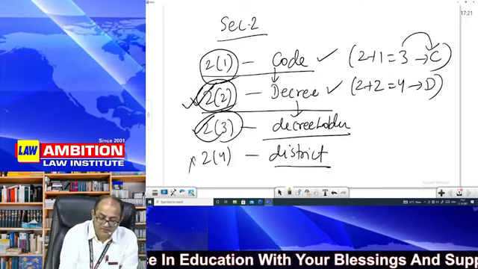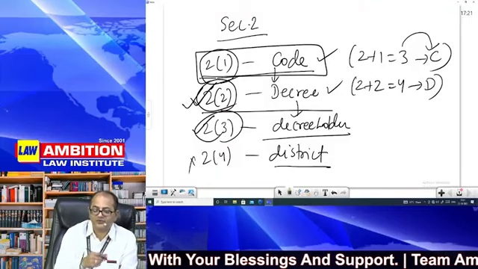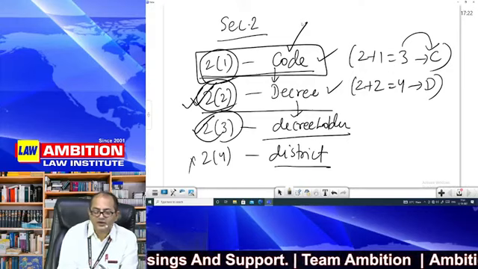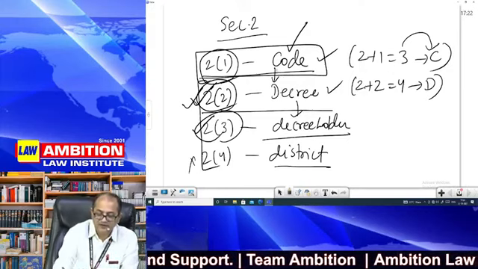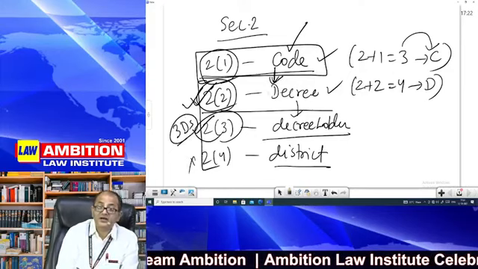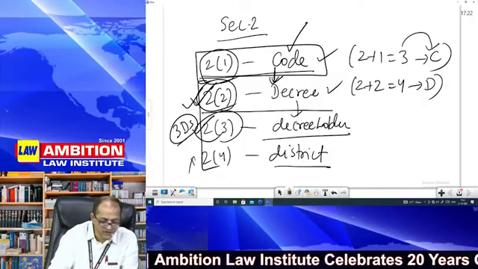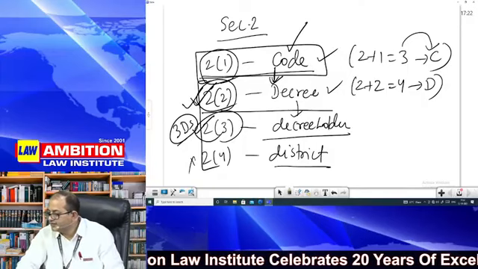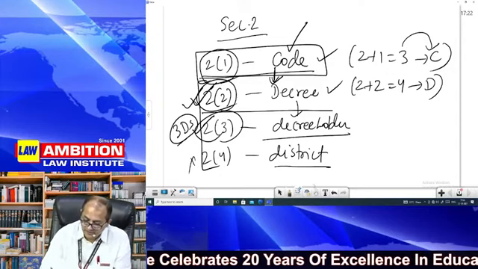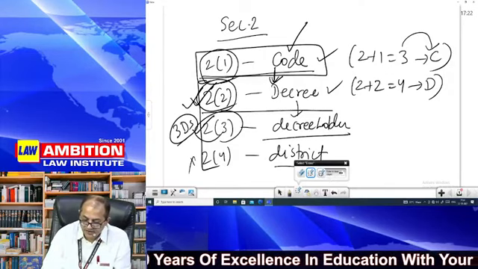So I will give you a very simple formula. This code begins with code. This is code, civil procedure code, so it begins with code. That is clear, 2-1 is code. Now follows D. After C there will be D. So there are 3 Ds. Decree, decree holder, district, 3 Ds. 3D picture, you see, 3D movie. 3D movie you might have watched. So 3 Ds. Is this clear? Decree, decree holder, district.